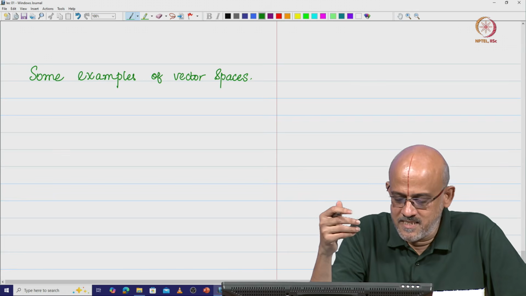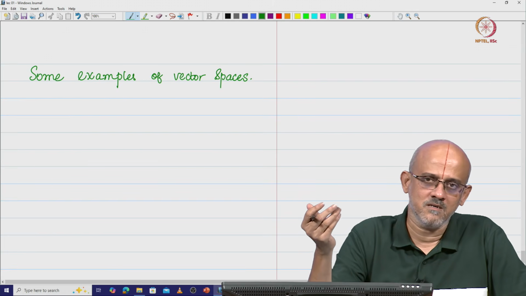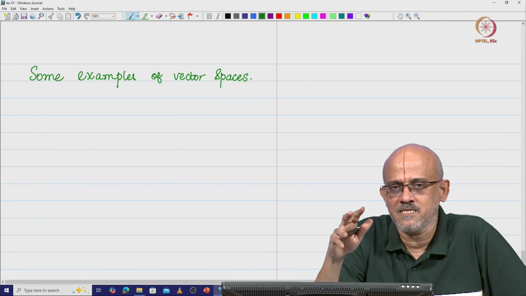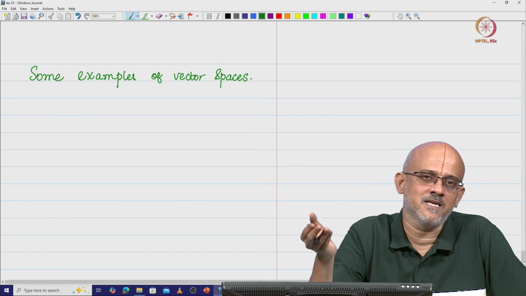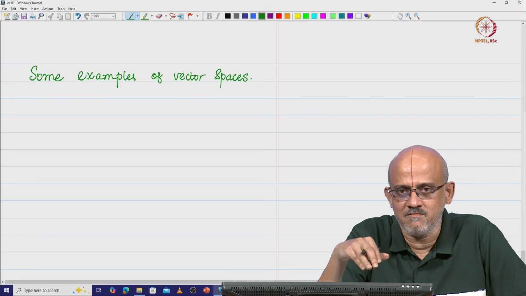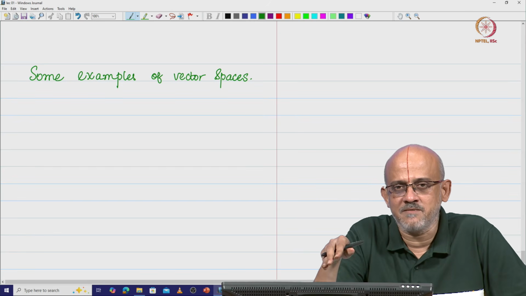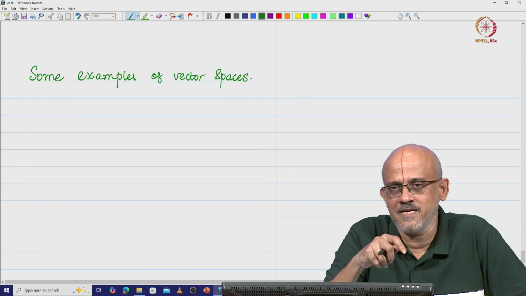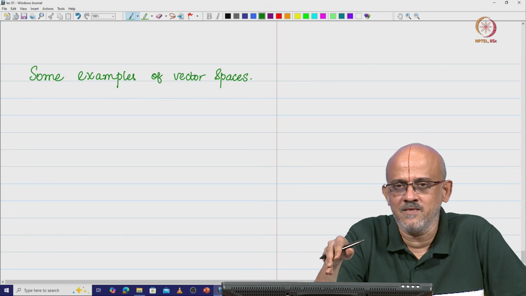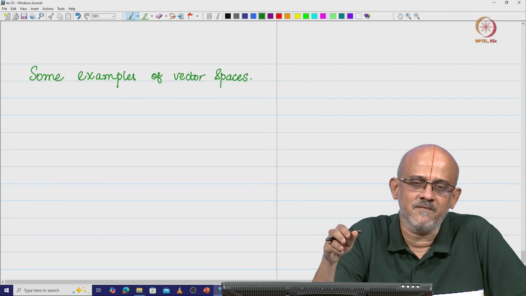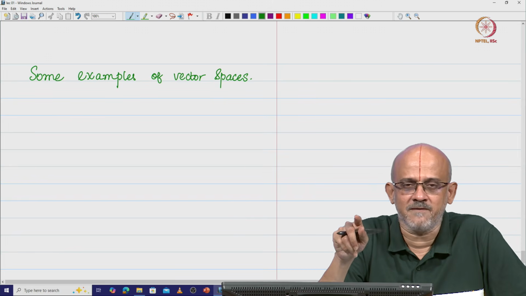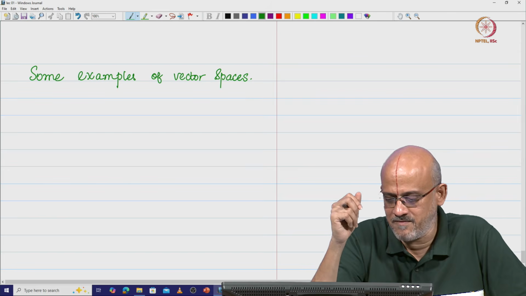What are the properties that a vector space must obey? We said that it is a non-empty collection defined over the field with operations plus, that means vector addition, and multiplication, which is scalar multiplication. If you take any 2 elements from this collection and add them, the resultant must be an element of this collection. If you take a scalar from the field and a vector from this collection, the scalar multiplication of this vector must result in a vector which is also an element of the vector space. And then there must be a 0 vector present in the vector space.